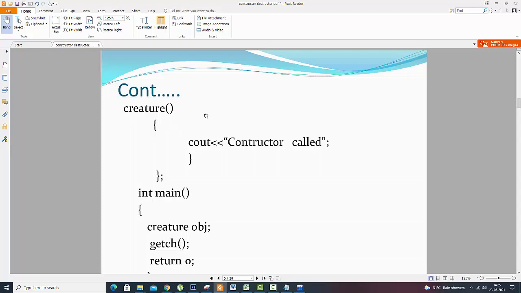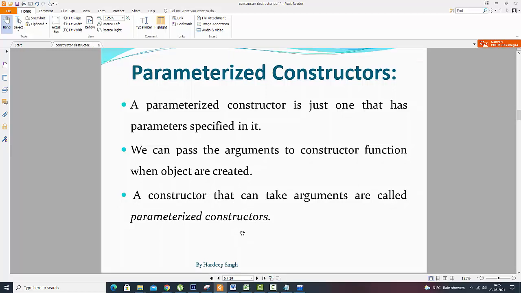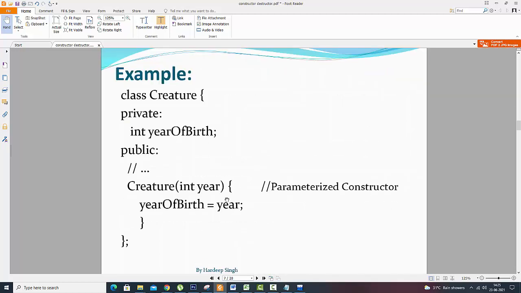Then we have the parameterized constructor. It reduces the number of lines, and initializing is done very well. Here we have seen an example of the parameterized constructor.